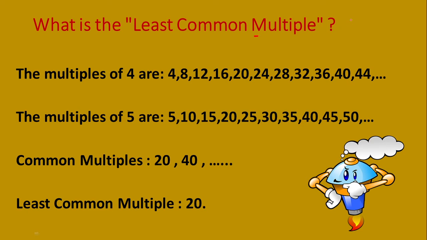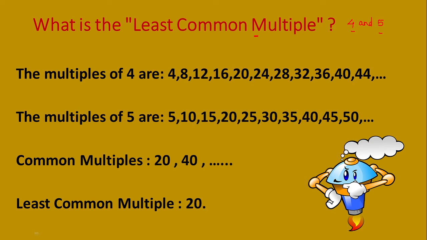Let's start finding the LCM of the numbers 4 and 5. Now if you want to find the LCM of 4 and 5, what are you going to do? You will be writing the table of 4 and 5. Let's see how. The multiples of 4 are: write the table of 4. 4 ones are 4, 4 twos are 8 and so on. How many times can you go? After 40 also, 4 elevens are 44, 4 twelves are 48, and so on, you can continue.